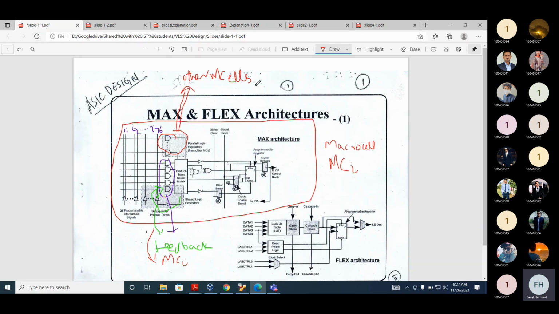So in function, it can implement any combination of sequential function of more than 5 minterms. If you want to implement a wider function, multiple macrocells can be combined together to implement it. And if you want to implement a smaller combination of sequential function, only 1 macrocell can be used.